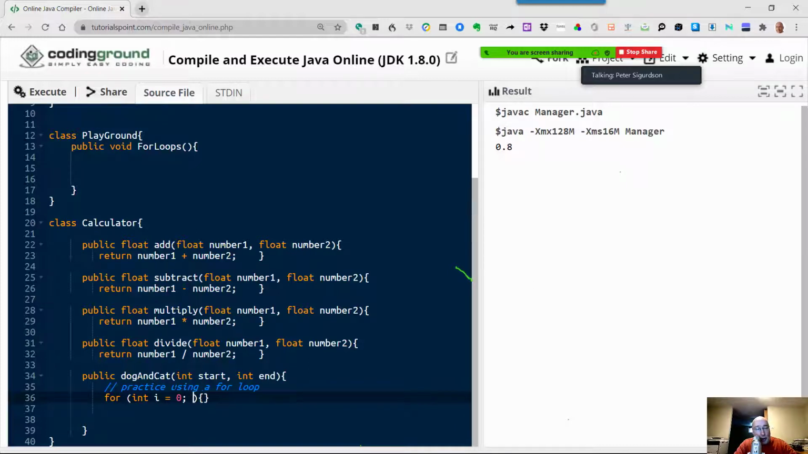And then a semicolon. And then you have a guard condition. You keep saying do it as long as I is less than 10. And then you have another execution context where you can increment stuff. You can say I++, which means I equals I plus 1. And now we can say